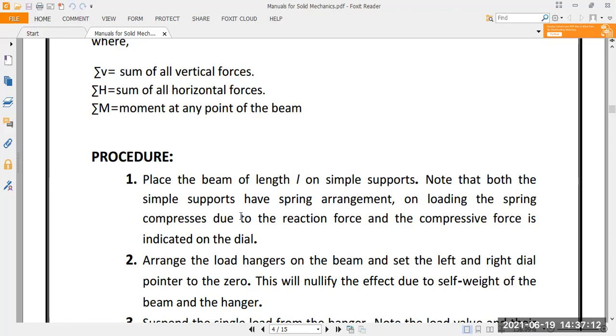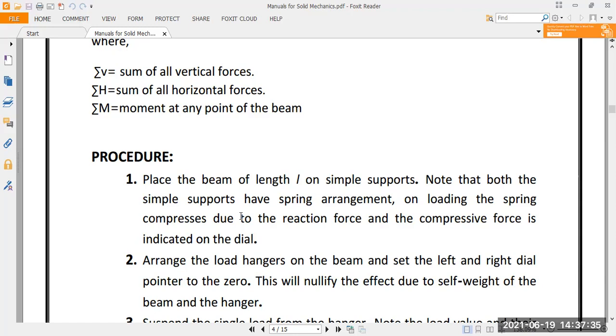Both are adjustable. Both are supposed to be the same before a new load is applied, otherwise our calculation may be wrong. And both are adjusted to zero load. It means they are not supposed to take into account the individual self weight of the beam itself. So what happens?